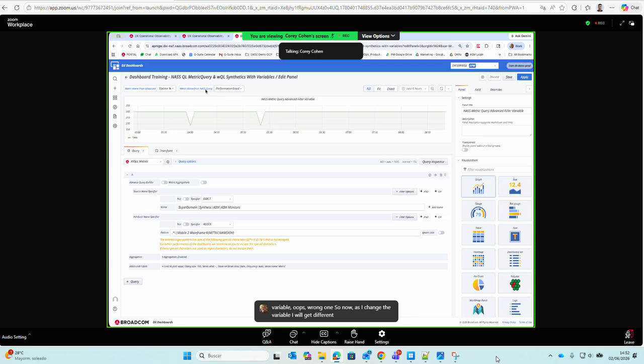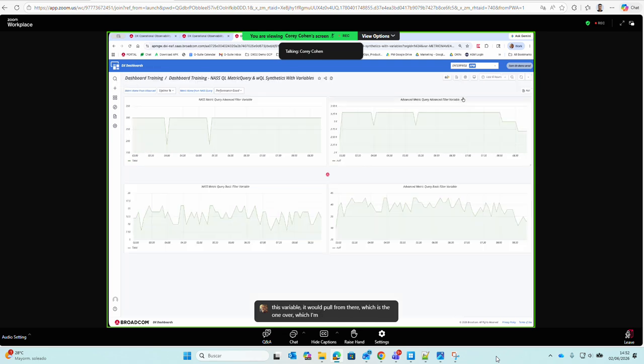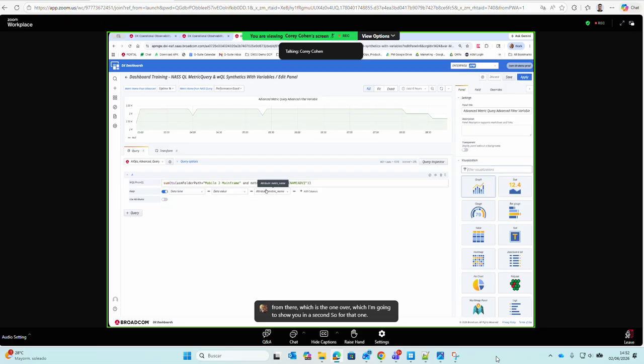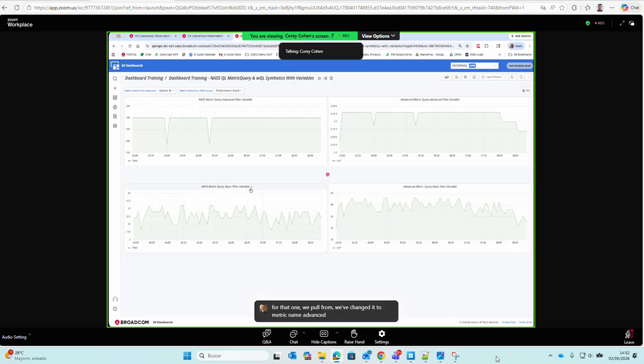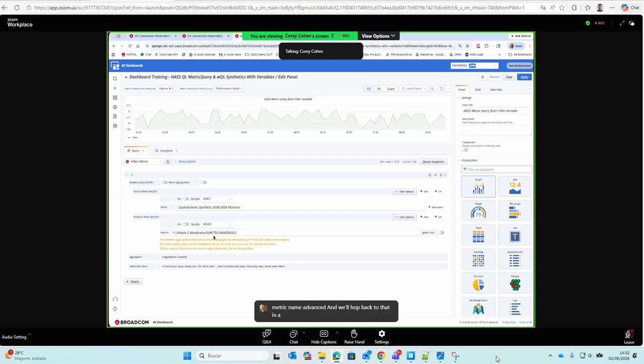If I had this be this variable, it would pull from there, which is the one over, which I'm going to show you in a second. So for that one, we've changed it to metric name advanced. And we'll hop back to that in a second. And here's metric name basic, and this one's controlled by this one. Now you'll notice the values are different. That is the example where